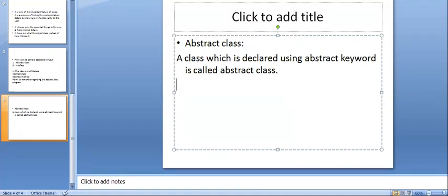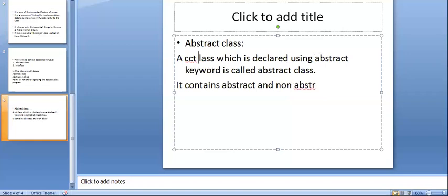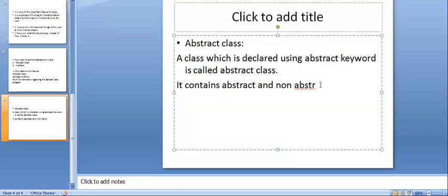An abstract class contains abstract and non-abstract methods.